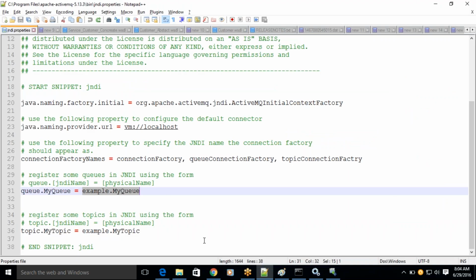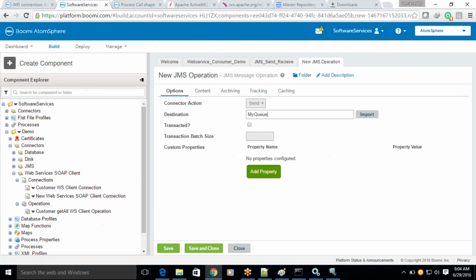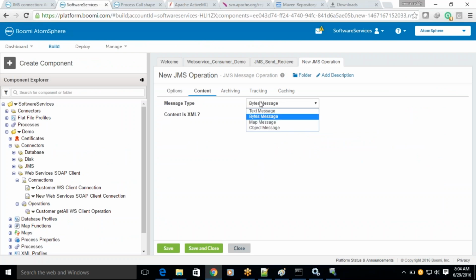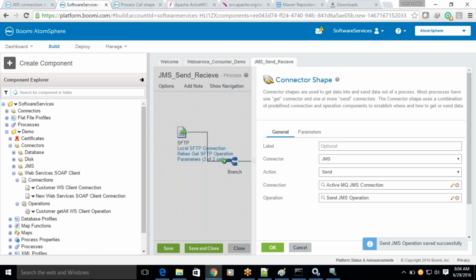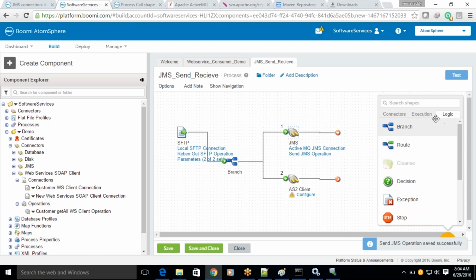And then you configure this my queue into Boomi here. If you want to maintain any transaction, you can configure it here. Otherwise, go for content. If you want to specify any text message, or XML, this is not highlighted until you select the text message. Yes, I'm going to send a text message. With that text, it would be an XML message. I'm sending it here. Okay, then save and close. As soon as you send a message,